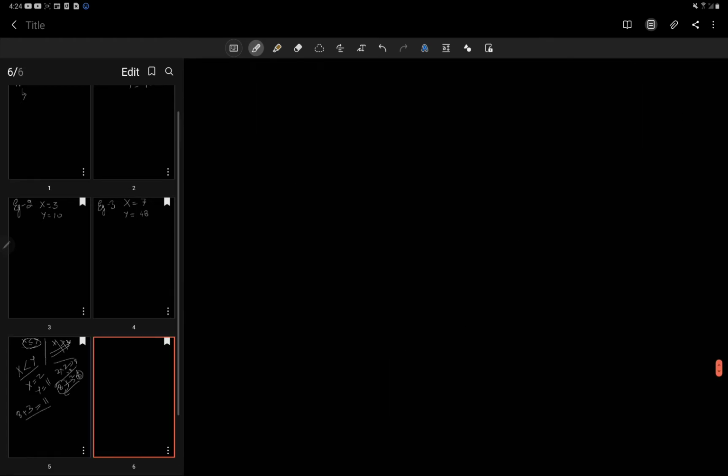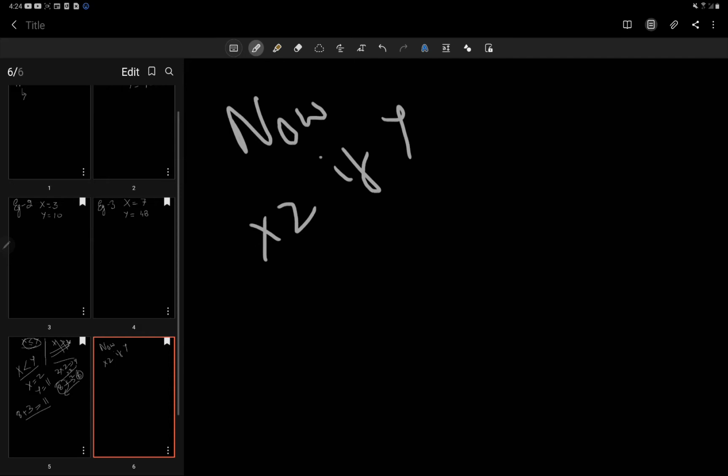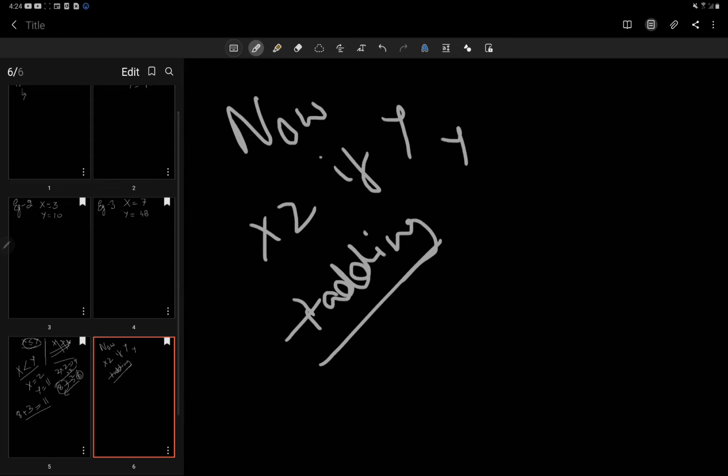So what we have seen is that if we keep on multiplying the number by 2 while it's less than y, then by adding the rest we can reach the value y, and the number of operations will be our final answer. One thing we can see is that if we keep on multiplying, at a certain point we will exceed the value of y.